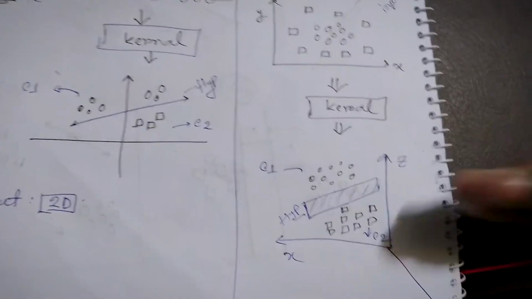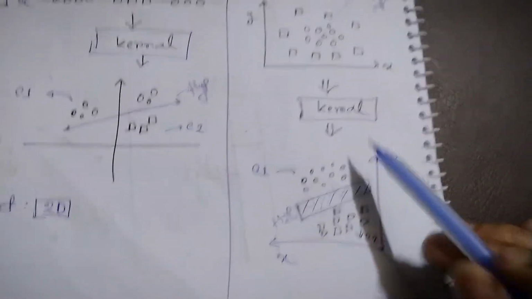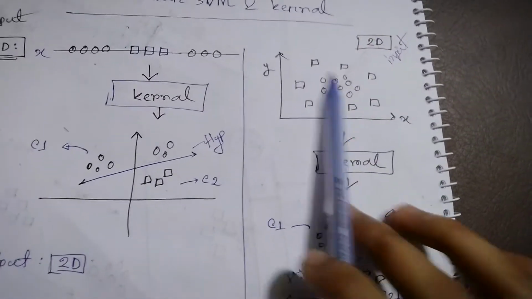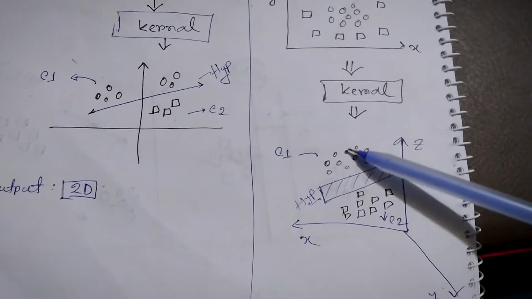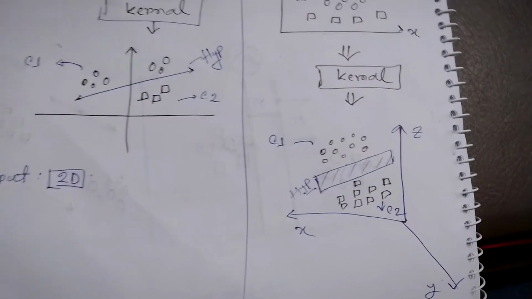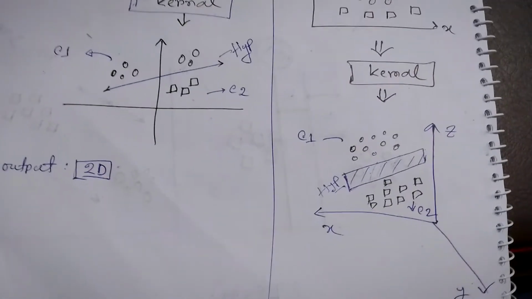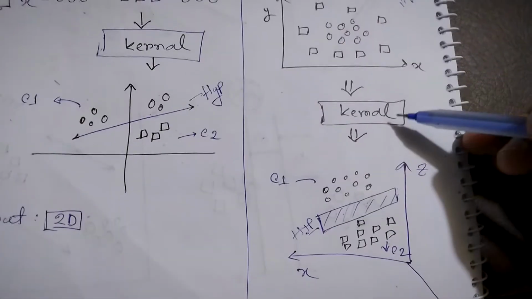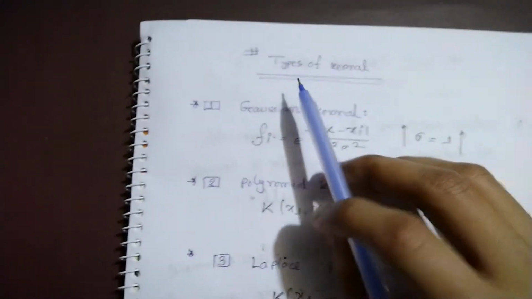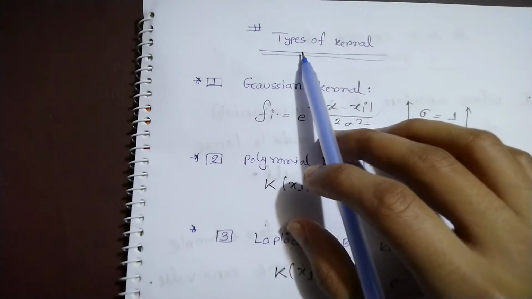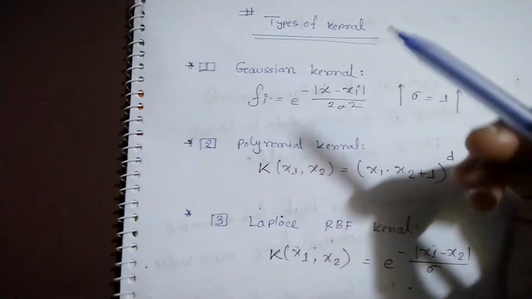So when you convert to 3D, it is very easy to classify them. When you see it in 2D format, we cannot classify it, but when it is converted to 3D, it is very easy to classify those two different classes. So this is one of the most important tricks to know. That's why the kernel trick is super important to learn in SVM. I will make other videos with in-depth analysis of the types of kernel and how we should use them.